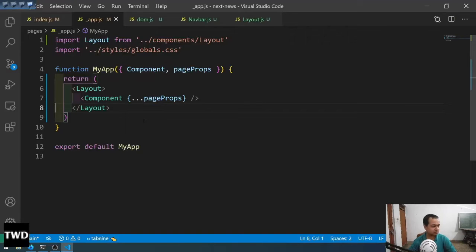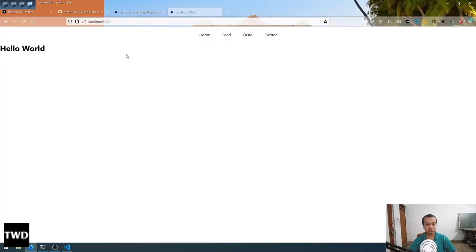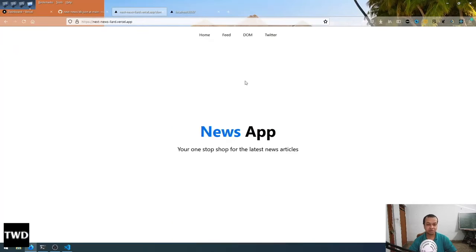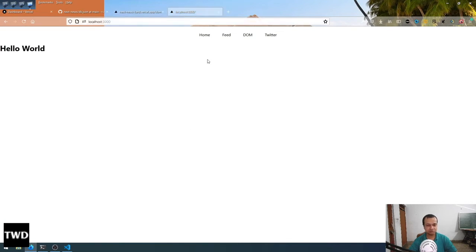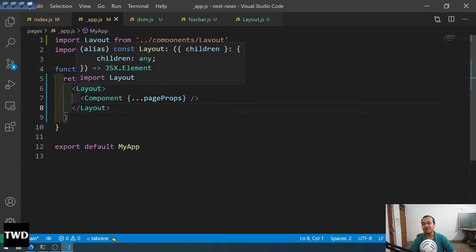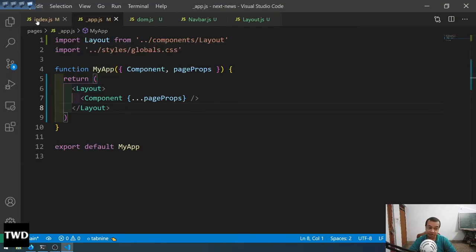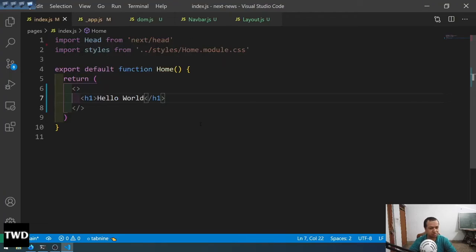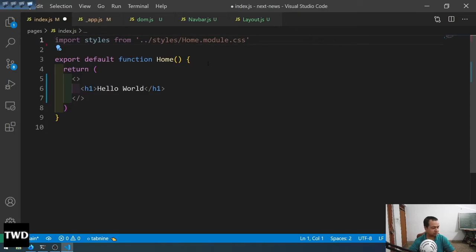So this index page is not looking that good because we want it to look like this, the news app and all these things. Okay, so let us do that, because it is a small thing, because it won't have that much functionality. The main functionality is the DOM and the feed page. So let me go back here, styles. Anyways, we are not using this head, so let me remove it, and it will be a div